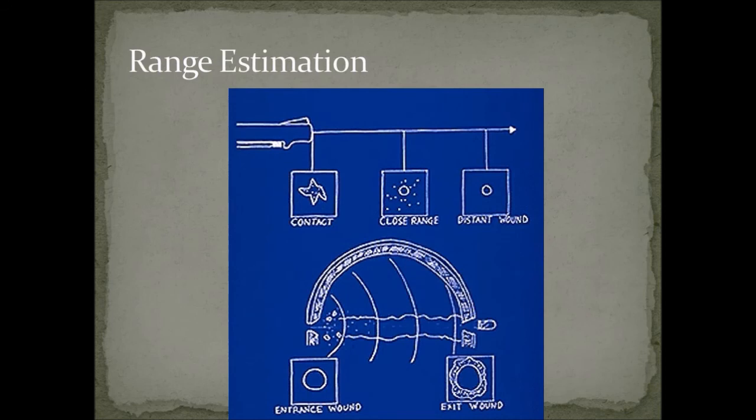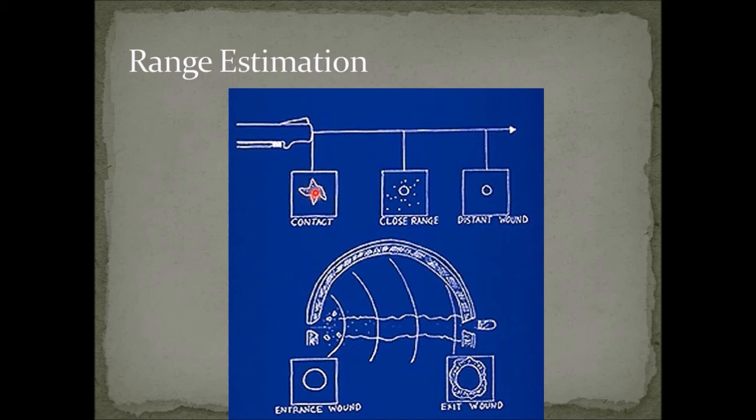Okay, range estimation. And I'm sorry for this drawing. It's literally the only one that shows all of these side by side by side. I don't know why. But this is explaining 2 different things: range estimation and SPAL. So up top is range estimation. Here we have the muzzle, which is the scary part of a gun. Okay. If it is directly up against the skin, it will actually tear out the skin and leave little burn